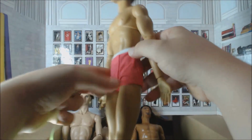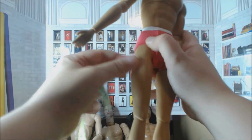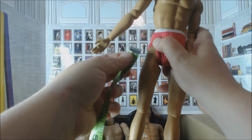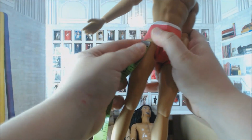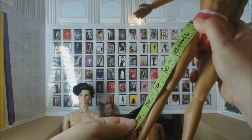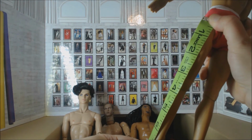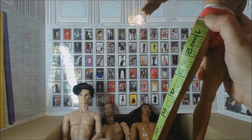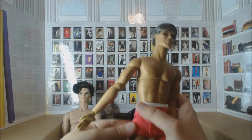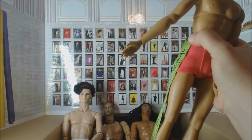Now there is a joint at the leg here, the very top of the thigh, which is where I'm going to start the leg measurement from. The proper leg itself, not from the leg to the waist to the feet, but the proper leg itself is 7 3/4. If I go ahead and do it from the waist to the foot,